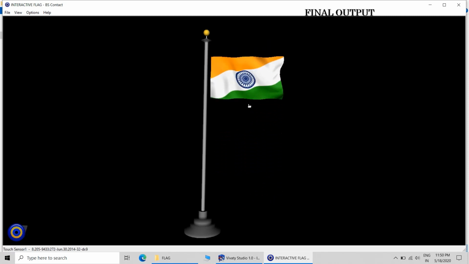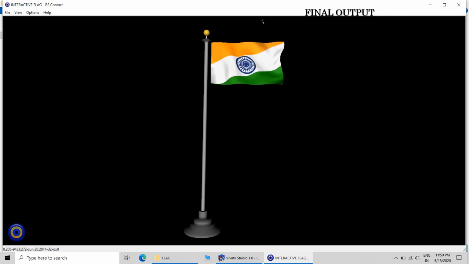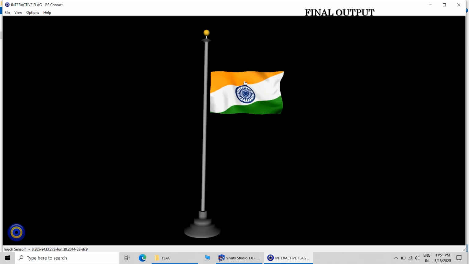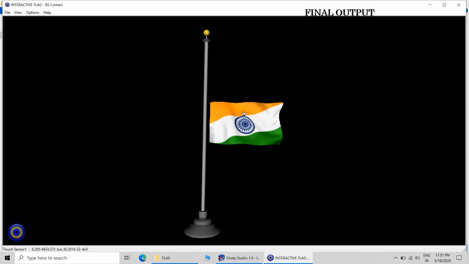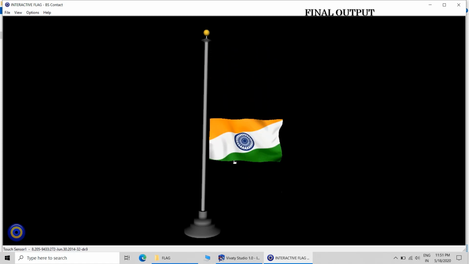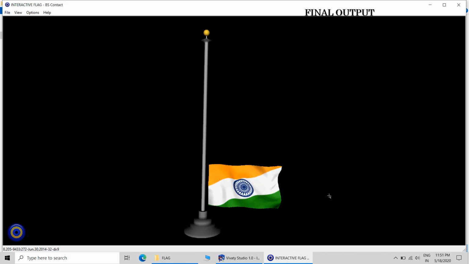So it is only moving in a confined region in a restricted manner, and the GIF file is working very smoothly. It gives the feeling that the flag is actually flying. So this is how we can use the plane sensor.